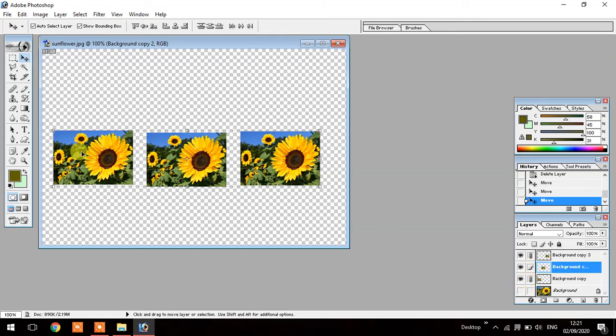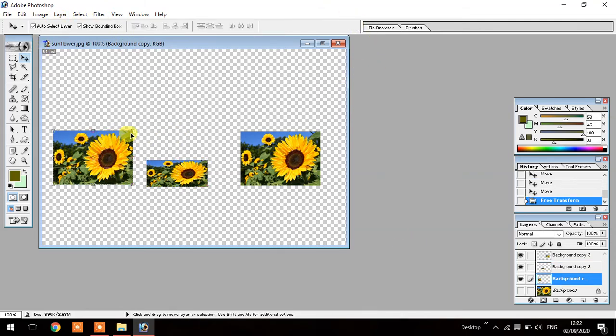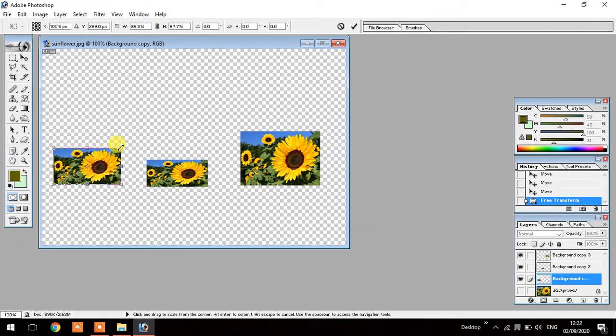Now all layers are selected. Understand? And to deselect or to make a group, you simply click here. Now I am going to drag this one down. Okay, click on OK button and now drag it down medium.